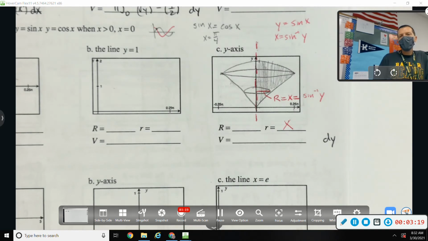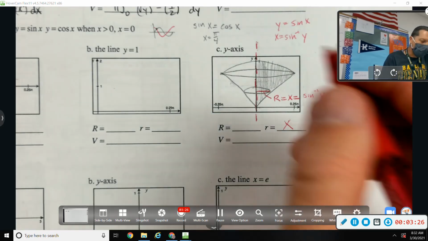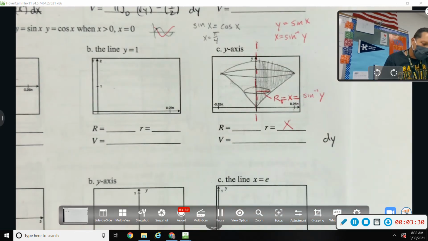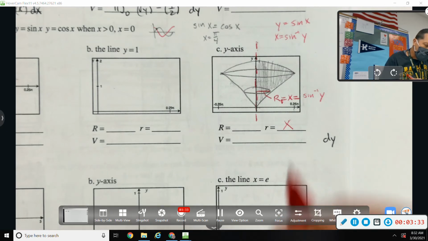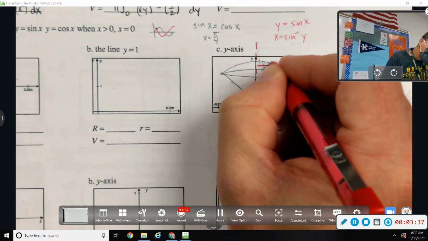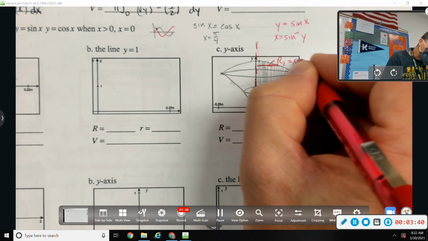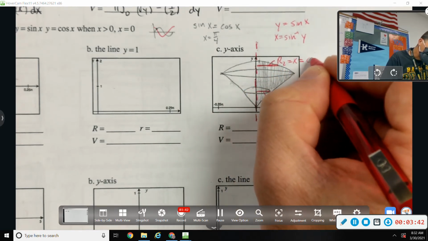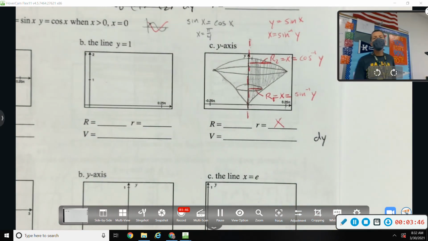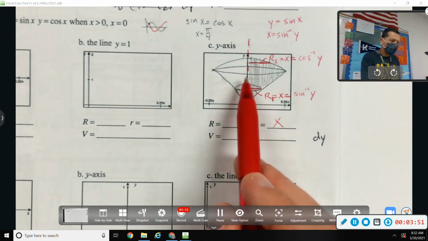So that's big R, except that, you may see what the problem is here? There's two big R's, because I guess we can call that R1. And then up here it switches. R2 is something else. It's still an x value, but that one is inverse cosine of y. So I'm going to need two integrals from 0 to